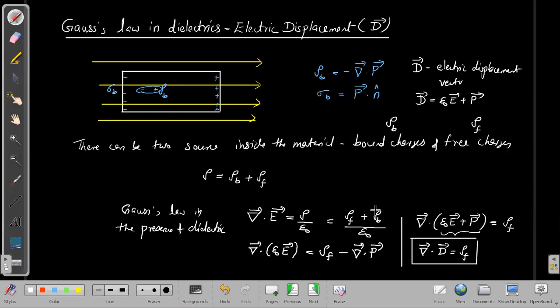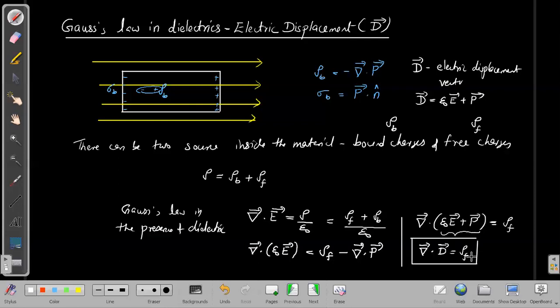So if you have a dielectric, instead of writing del dot E equal to rho by epsilon 0, it is useful to write del dot D equal to rho f, because this rho f we can control, since rho f is the free charge density. It can be controlled directly. We cannot control the bound charges, because bound charges are the result of the external electric field. They depend upon the strength of the external electric field, as well as the structure of the molecule, or the properties of the material. So we have no direct control over rho b, but we have direct control over rho f.